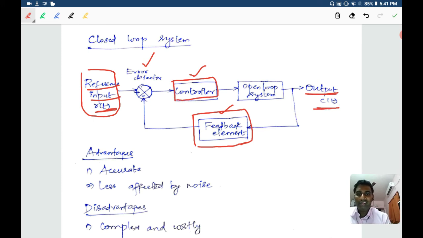Okay, so this is how a closed loop system works, and this type of system can be seen in an automobile or a car that we drive normally, where when we drive a car we put on the accelerator, and when the car goes above a specific speed we put on the brake. So the brake can be said to be the feedback element that controls the car. So that is a simple example of a closed loop system.